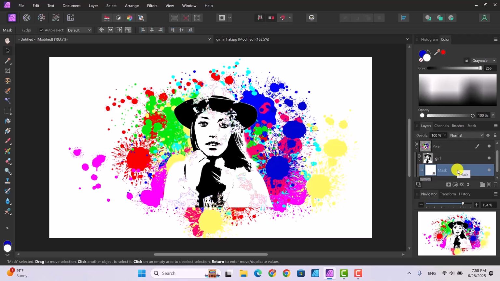And we have to make sure that this up here is black and white, and it isn't. The way to get it back to default, which is black and white, is just to click D. See how it went back to black and white. And then we click the black, and we will click on our paintbrush